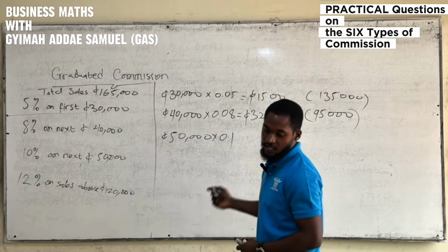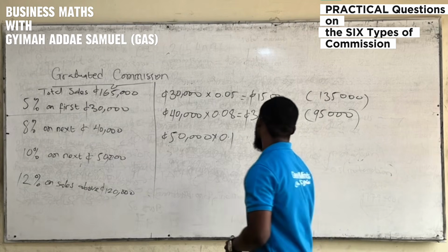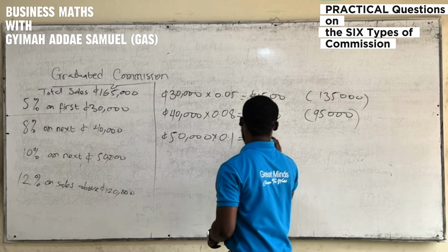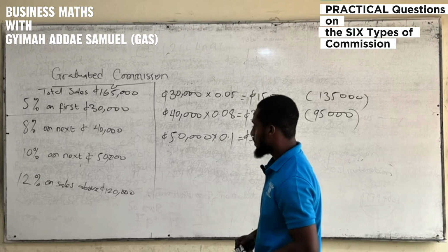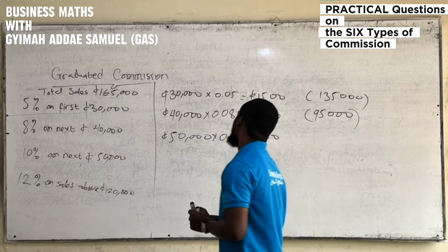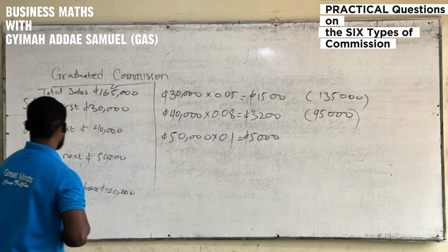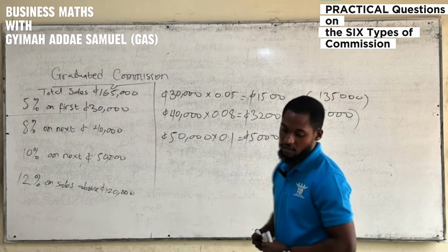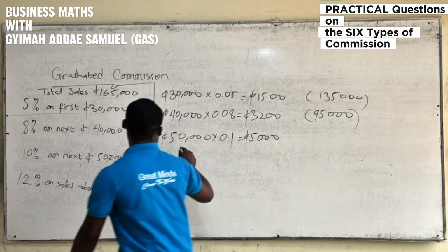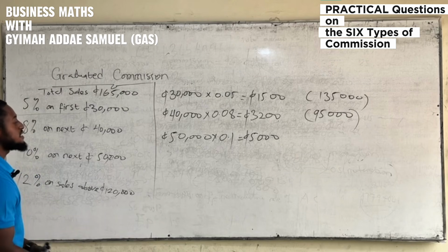So now 10% on the next 50,000 is giving us 5,000 Ghana cedis. So now we would also have to do some subtraction here. It says we have 50,000 here, so we would have to subtract 50,000 from the 95,000, because